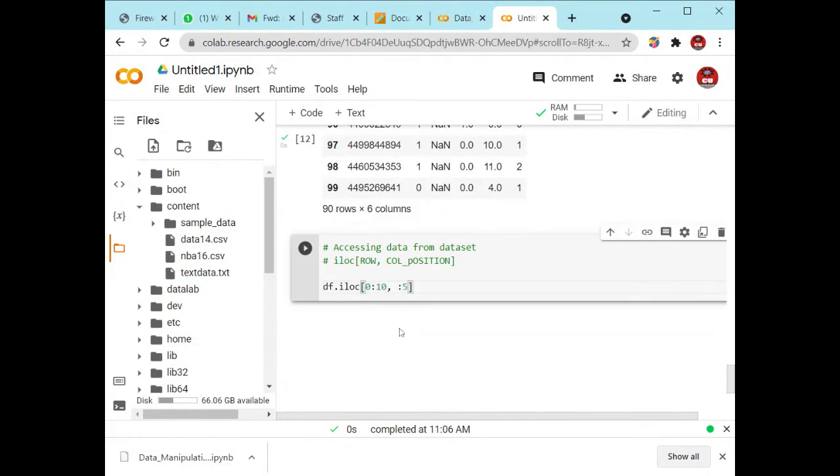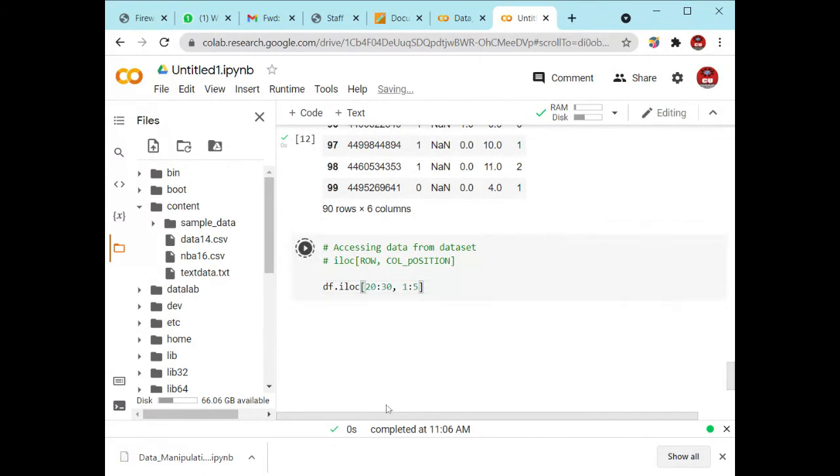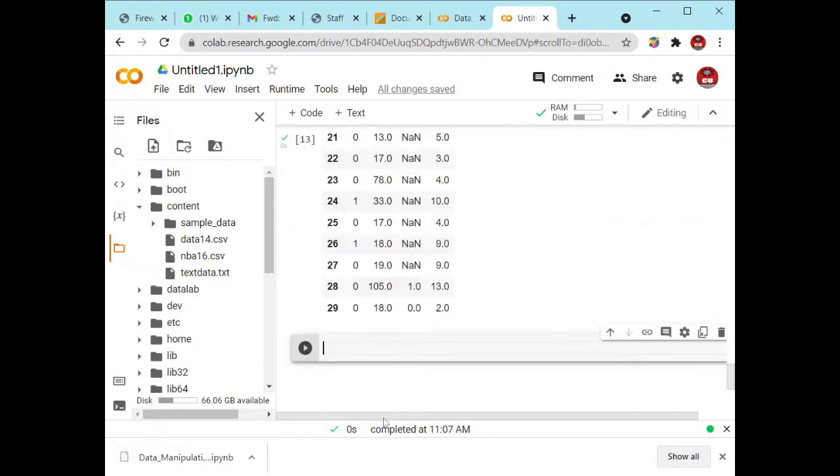Okay, use the same concept, and you have to show the output from 20 to 30, and you have to take the columns from 1 to 5.